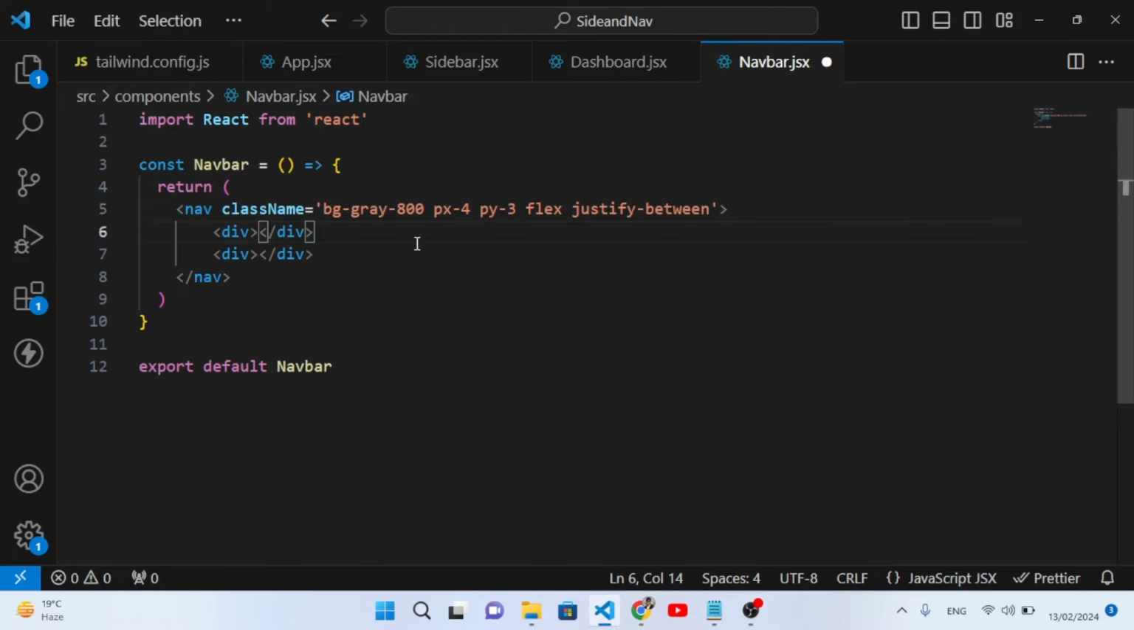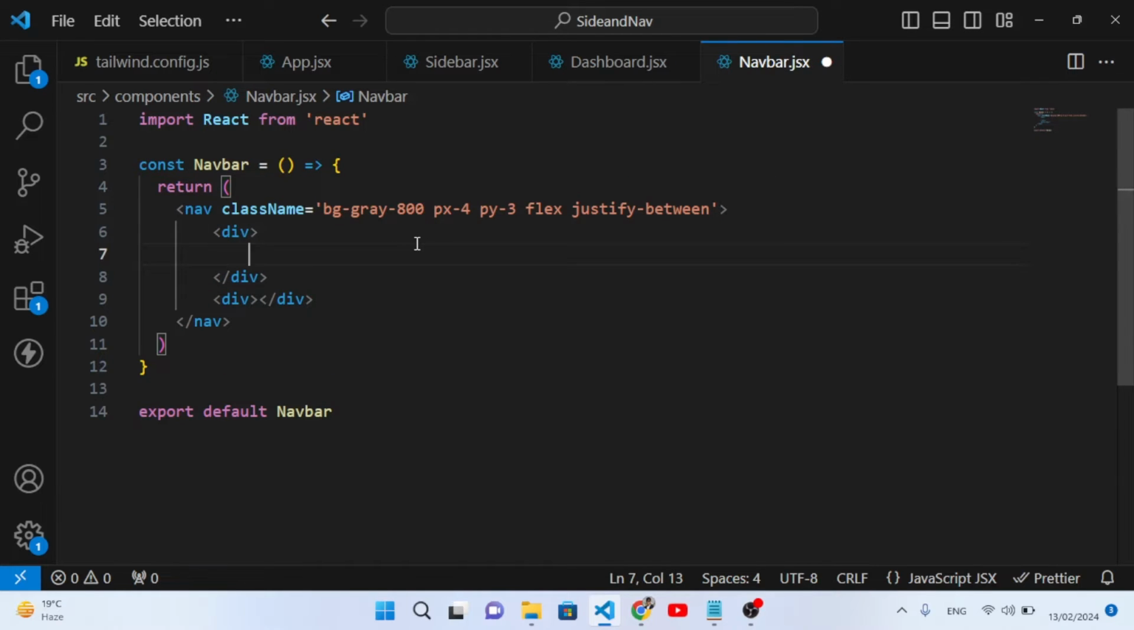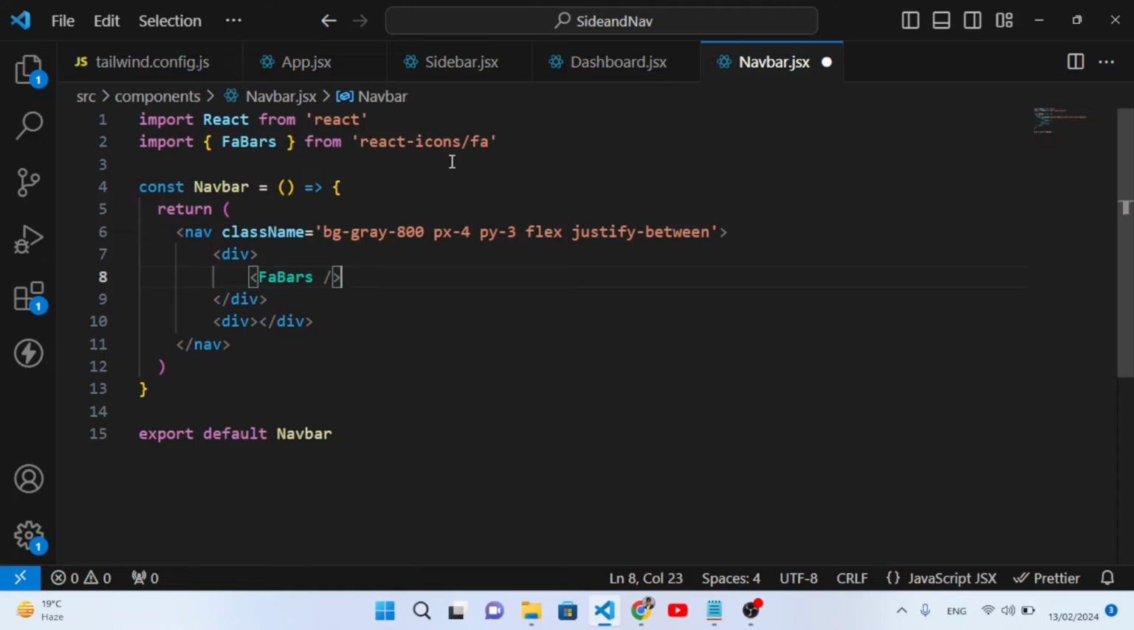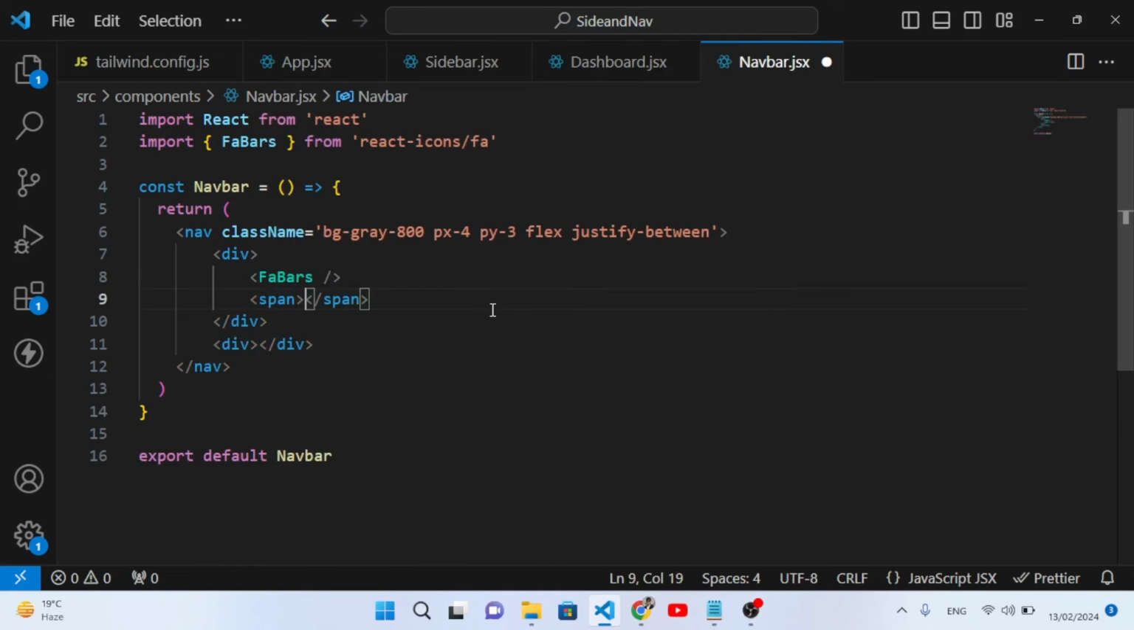Now here, the first one is for the left side. We have an icon. First of all, we will display an icon. The icon name is for bars. We will import it from React icons. And the second one, we will display, for example, e-commerce, the name of our website. Now let's add a class name to this. To add a class name, first of all, to the div: flex, items-center, and text-xl. The size of the text is large. Add a class name here, and text-white, and after that margin 4, cursor-pointer,